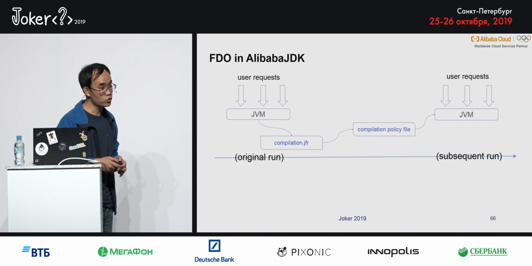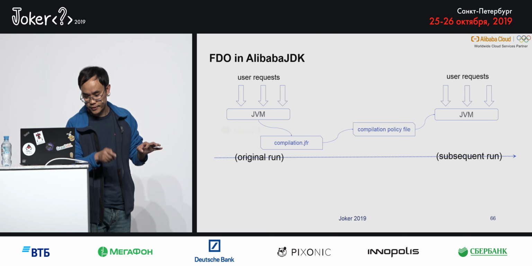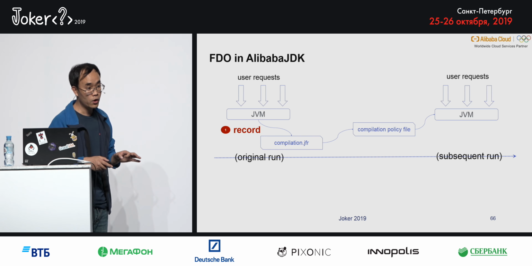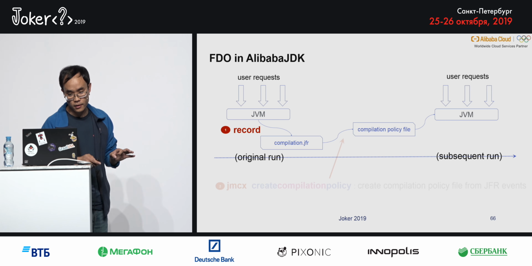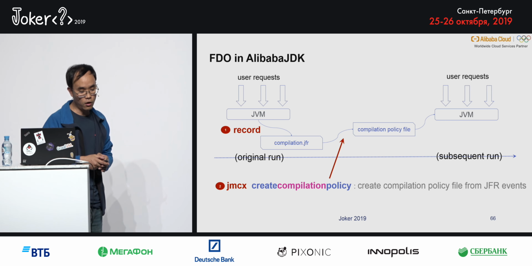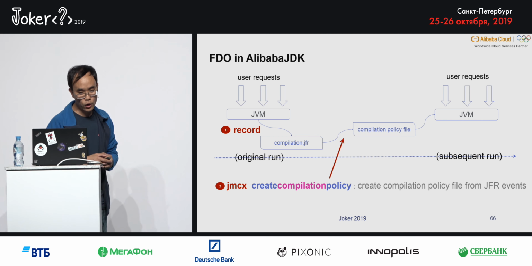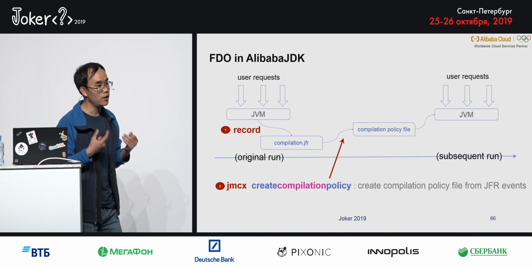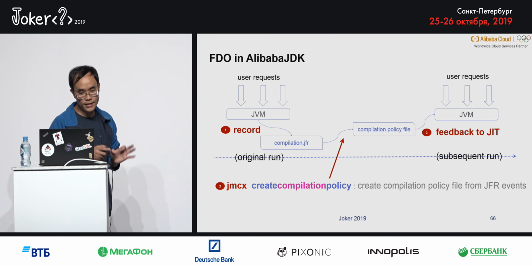Actually, we also can do similar things for JVM. In our situation, in step 1, you can record the compilation results as a GFR event, and in step 2, you can use JMCX to create a compilation policy from the GFR events, and the next run you can